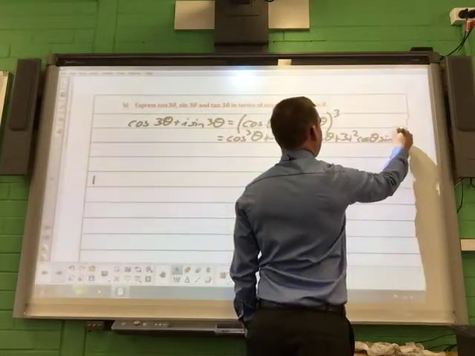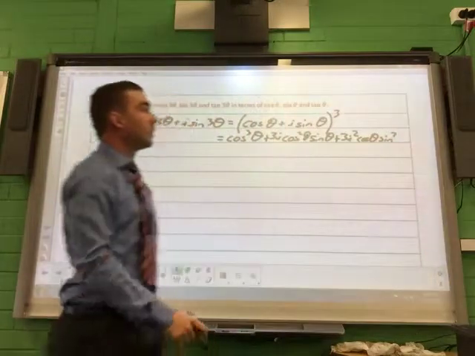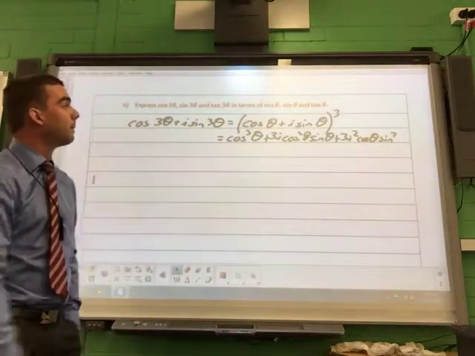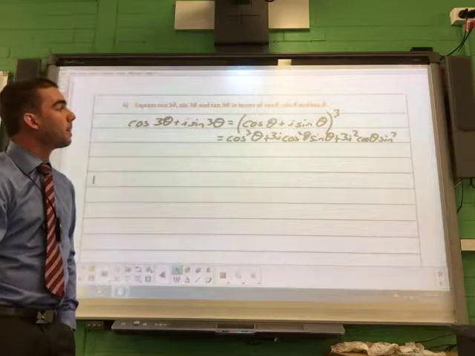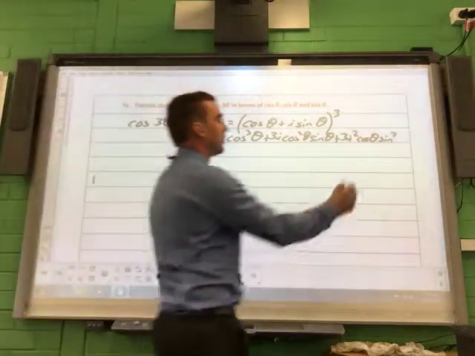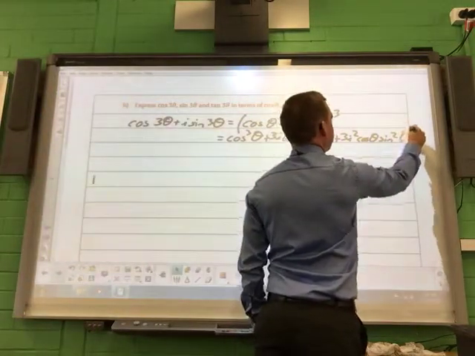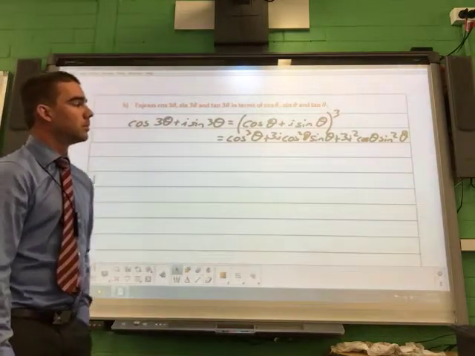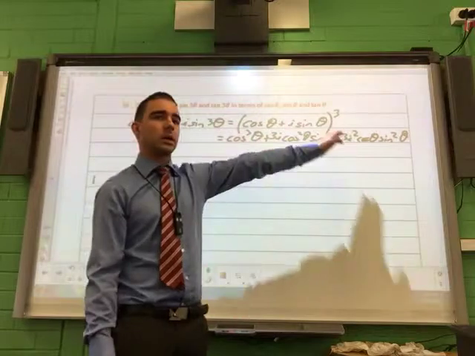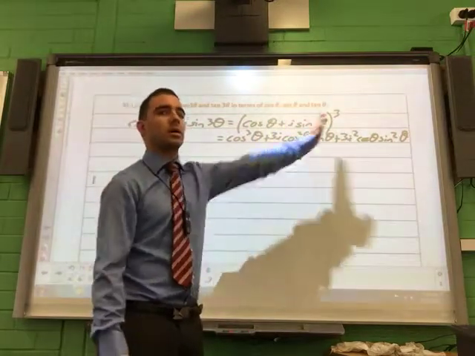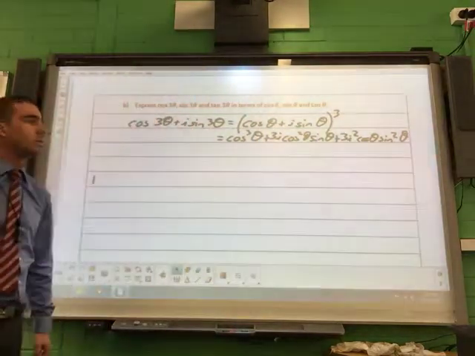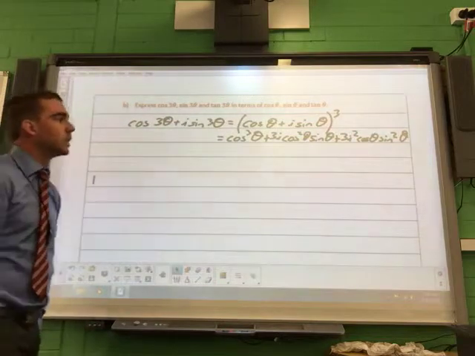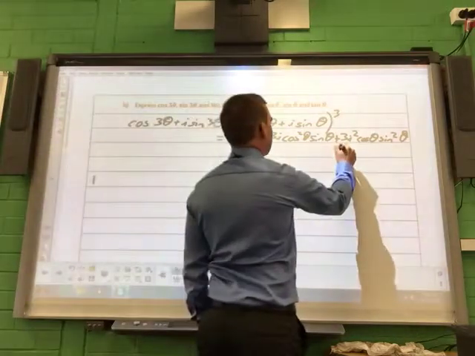So decrease this power by 1, increase this power by 1 as you go from left to right. Is that a sine squared theta? The middle term? So this will increase in power by 1 going left to right, and this will decrease in power by 1 going left to right. If you don't remember that, we need to set out more formally your